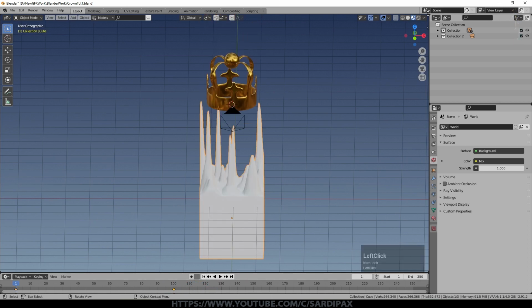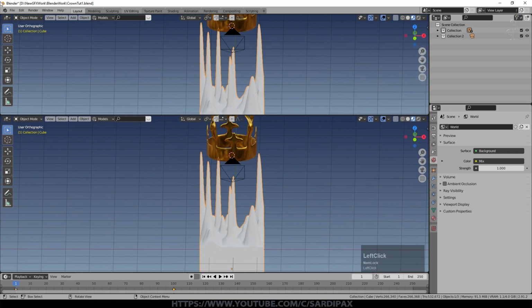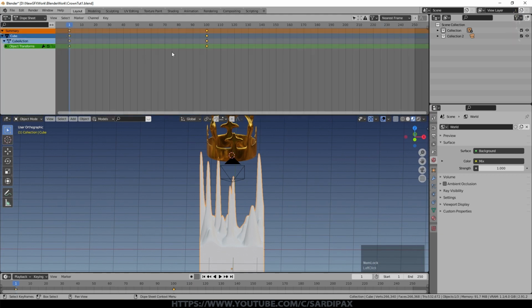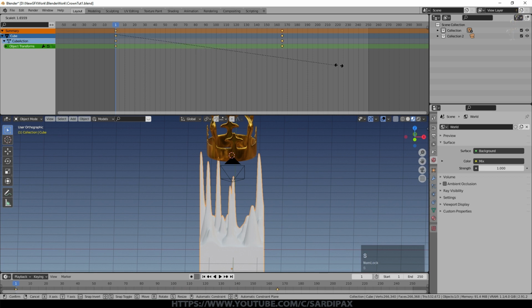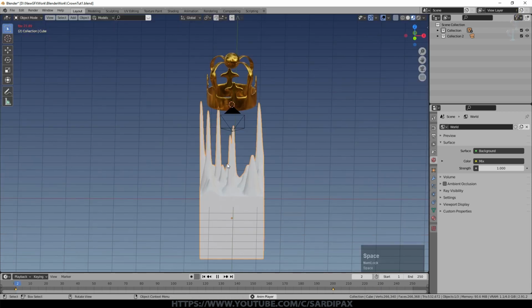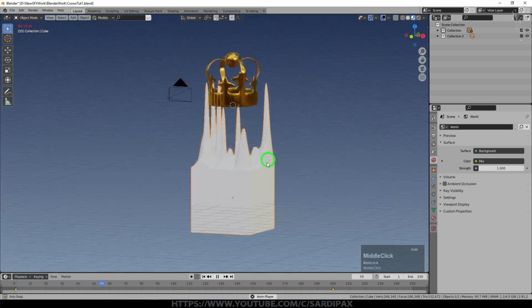And you might want to do it over more frames than that. So I think what I'll do is I'll just pull up the dope sheet. I've already got those keyframes selected. So just press S to scale, and then I can take that out to perhaps 250. Well, maybe we'll take it to 200 frames. So now when I press play, you can see this slowly comes out.